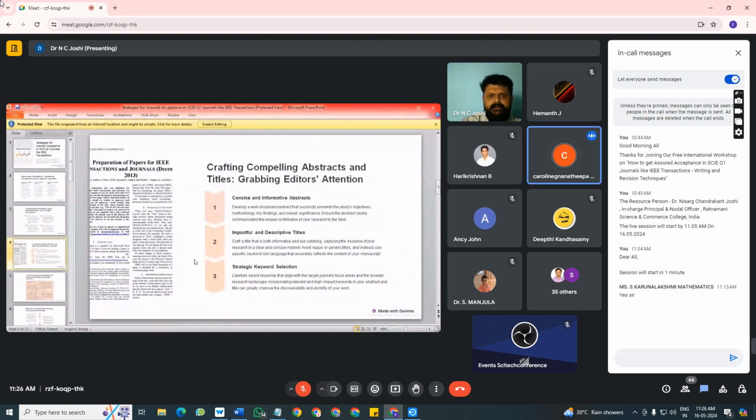Okay, crafting and compiling abstracts and titles, grabbing editors' attention. Concise and informative abstracts. Develop a well-structured abstract that succinctly presents the study objectives, methodologies, key findings, and overall significance. Ensure the abstract clearly